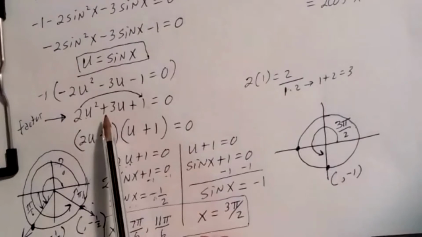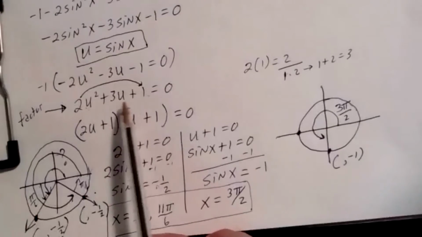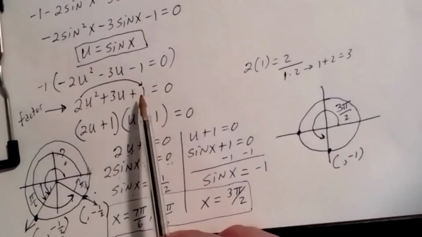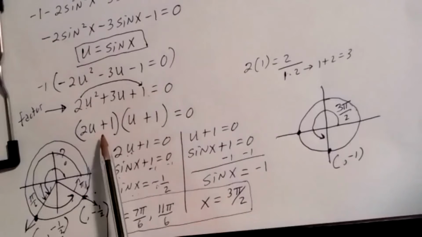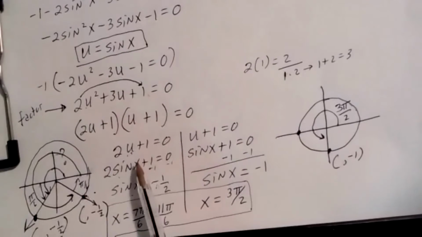I like to at times use U substitutions to try to help us see the forest for the trees. It actually takes us back to algebra. It's easier to see what we need to do here. You got to factor a trinomial here, and we did so. Just don't forget to back substitute in